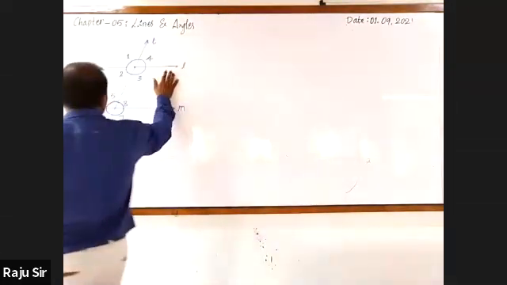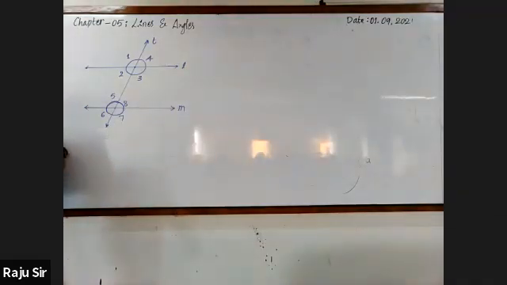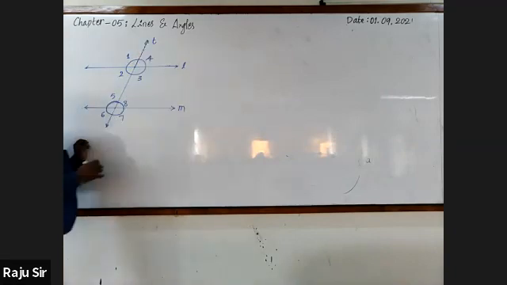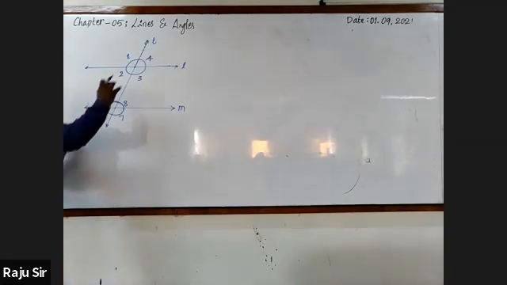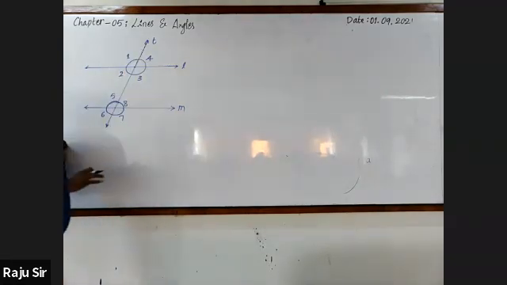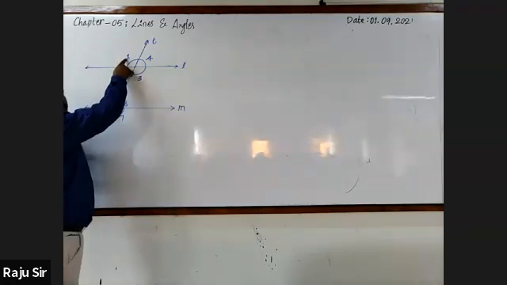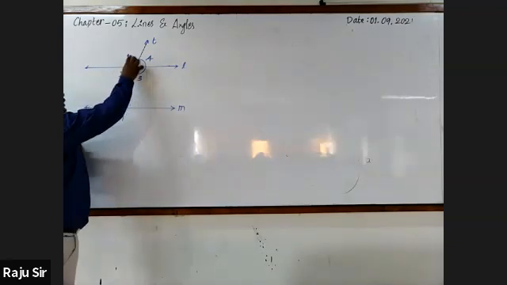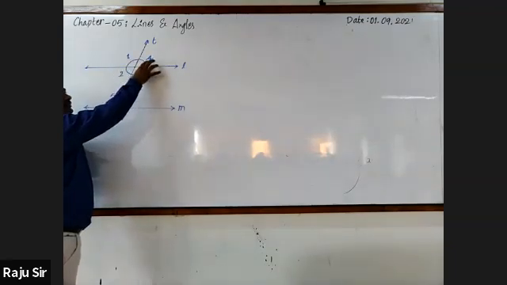What do you call the lines here? Parallel lines. This is a ray. A ray stands on a straight line, then we get a pair of angles, a linear pair, whose sum is 180. Can we say that 1 and 2 are linear pair of angles? Are they adjacent angles? Yes, sir. 1 and 2 linear pair.